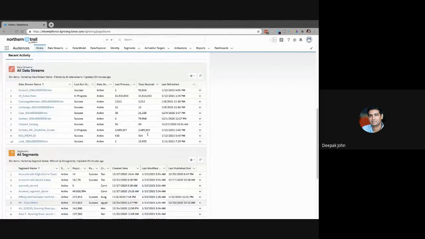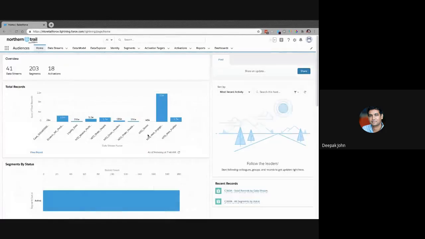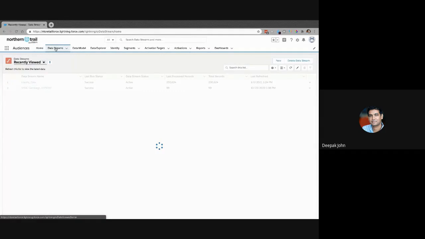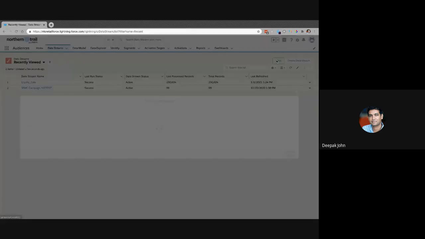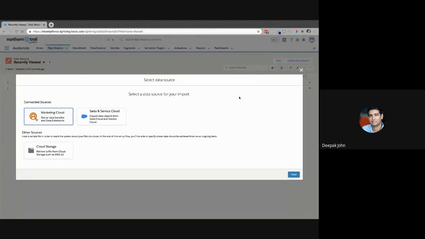The first place that we probably start to think about is how do we bring data into the platform? This is where the data streams come in. Let's actually start with creating a new data stream. You hit new over here, pretty straightforward. At the moment, we've got a number of data sources that are coming out of the box. You've got Marketing Cloud, which allows you to get data extensions and bring in other attributes.